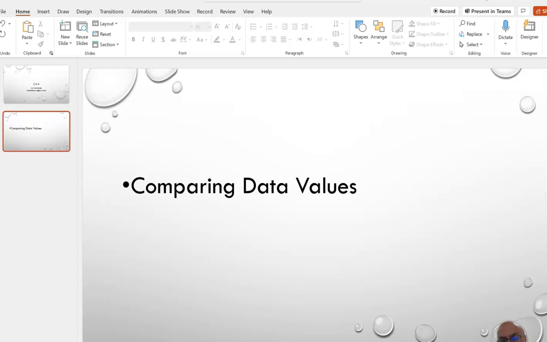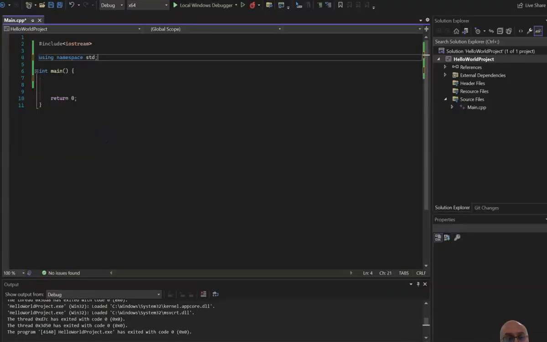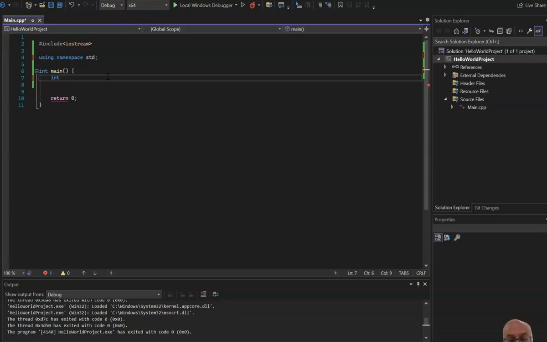In this video, we're gonna talk about comparing data values. Comparing data values means, if you have two data, for example, let me give an example: int first equal 100, or counter 1 equal 100, and counter 2